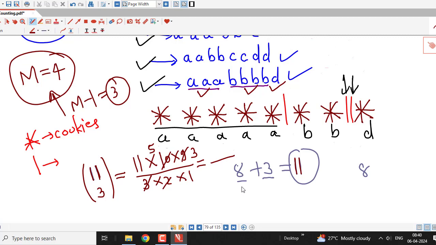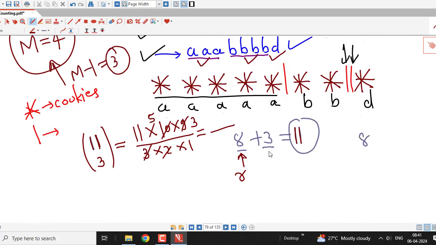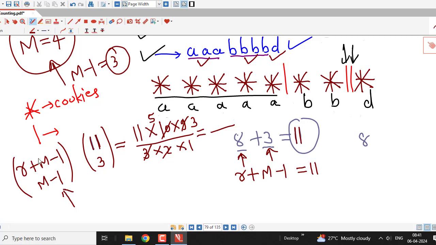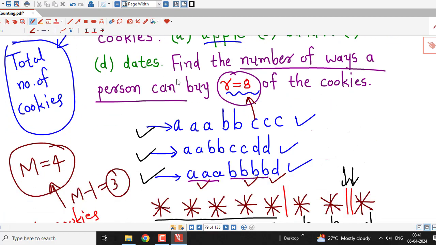Now if you observe, this 8 corresponds to r, that is, we have to select r cookies, and this 3 corresponds to m-1. m is the type of cookies. So by adding r plus m-1, we obtain these 11 positions. So we can write 11 equal to r plus m-1, and this 3 is nothing but m-1. So there are a total of (r+m-1)C(m-1) ways to select these r objects of m different types, and